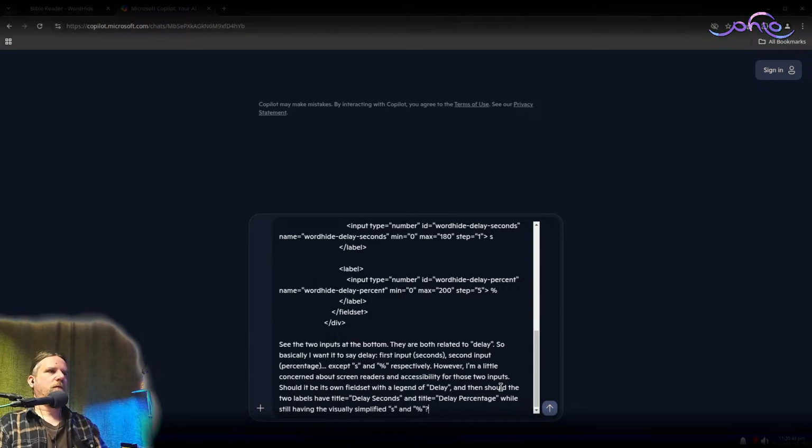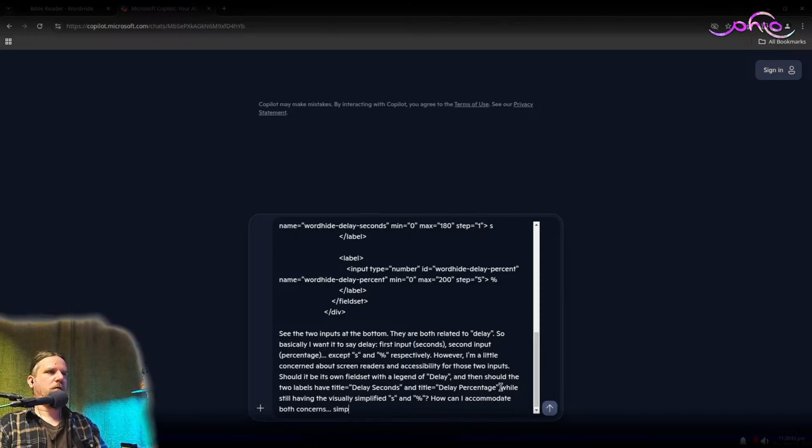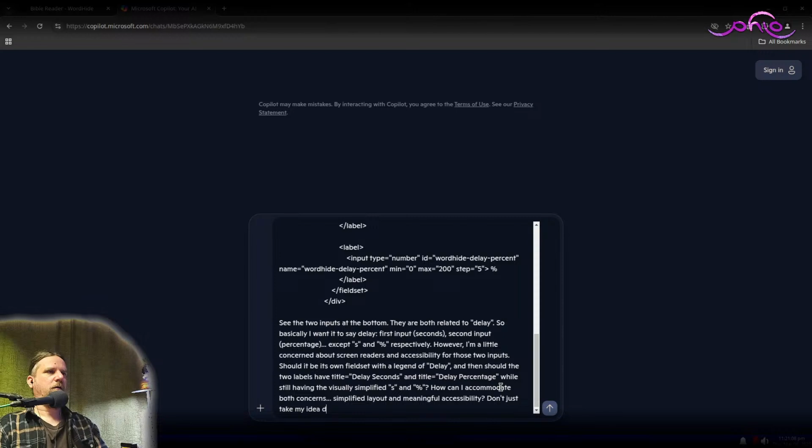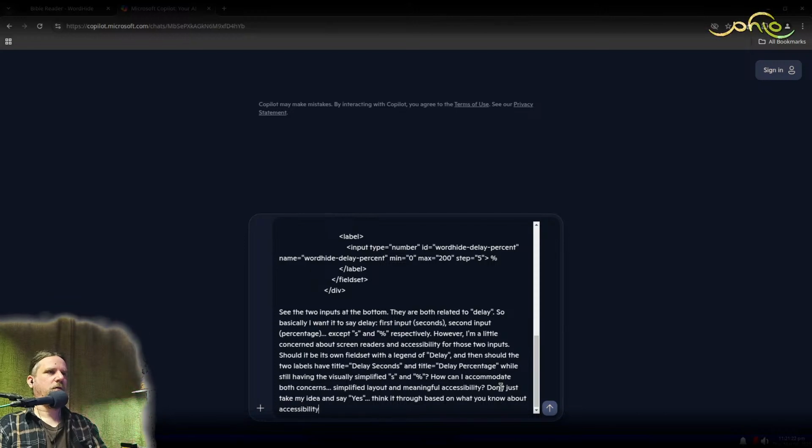And how can I accommodate both concerns? Simplified layout and meaningful accessibility. Don't just take my idea and say yes. Think it through based on what you know about accessibility.